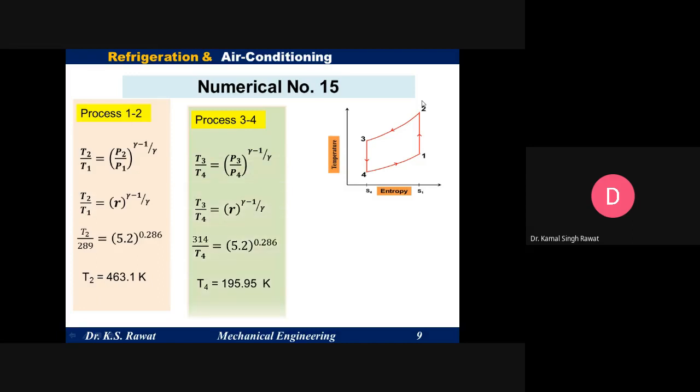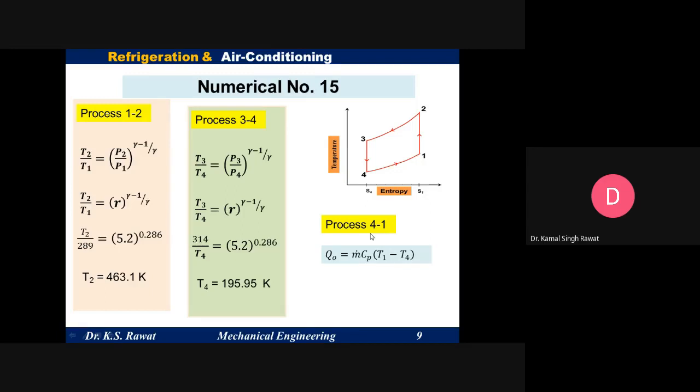So we have calculated the remaining two temperatures. So we have all four temperatures. Now we have to calculate first the mass circulated per minute. So we have to calculate the mass flow rate. Okay, so we will just apply this thermodynamic analysis on process 4 to 1, and for process 4 to 1 we have Q naught equals mCp (T1 minus T4).